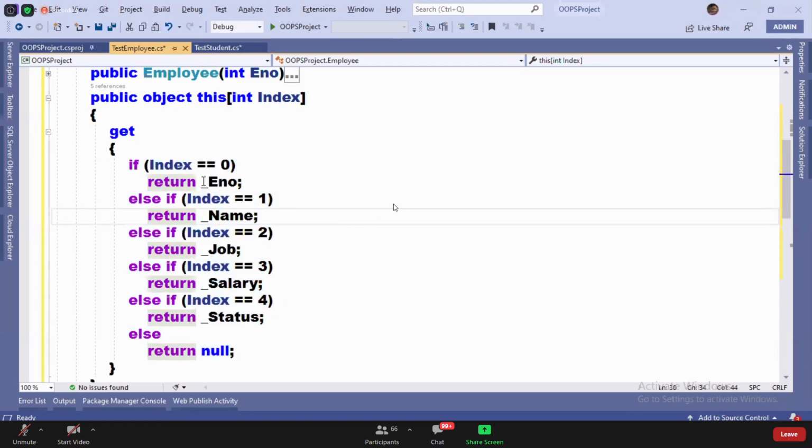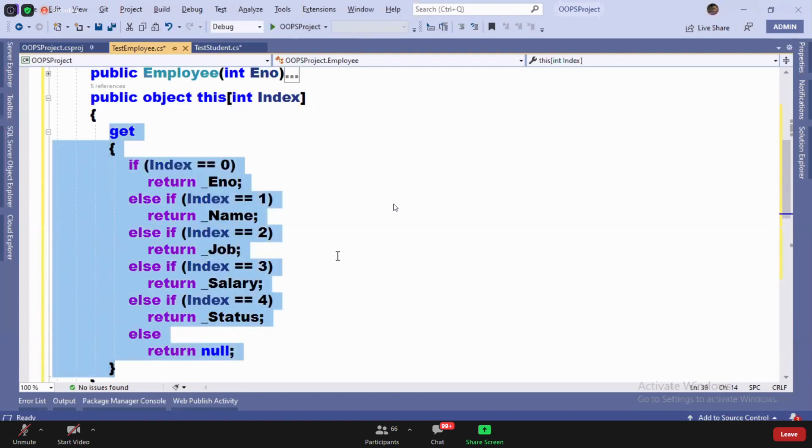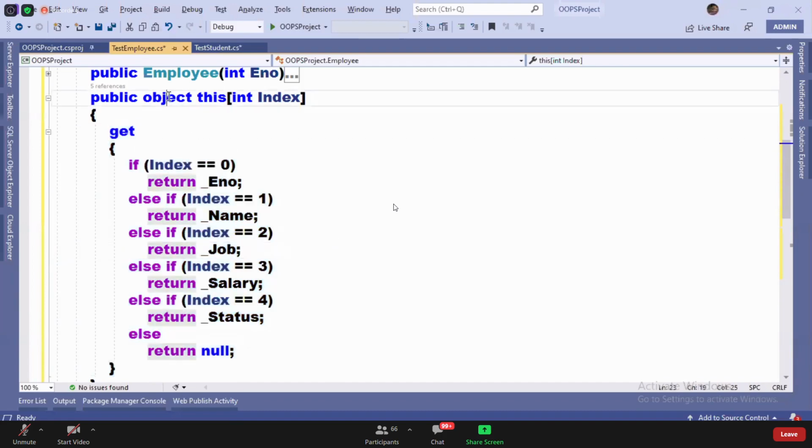Okay, now see, employee number is integer, name is string, job is string, salary is double, status is boolean. Are they returning the same type of value or different types? That is why I take an object here.